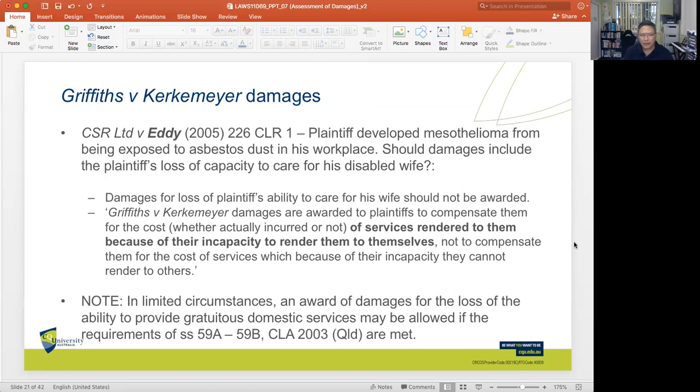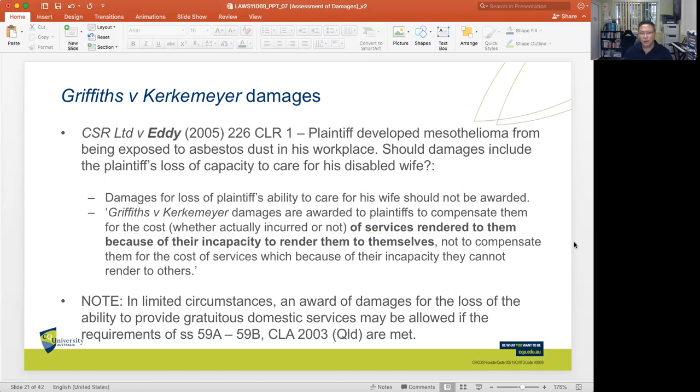So the court said that Griffiths versus Kirkemeyer damages are awarded to plaintiffs to compensate them for the cost, whether actually incurred or not, of services rendered to them because of their incapacity to render them to themselves, not to compensate them for the cost of services which, because of their incapacity, they cannot render to